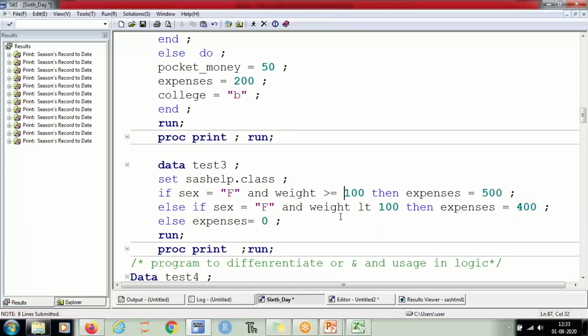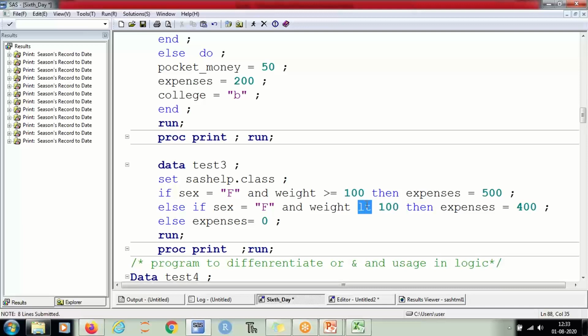All right. So in this case, if these two conditions are not true, then for the rest of everything we have this condition. So my conditions are collectively exhaustive, and these two conditions are opposite to each other. So these are mutually exclusive.